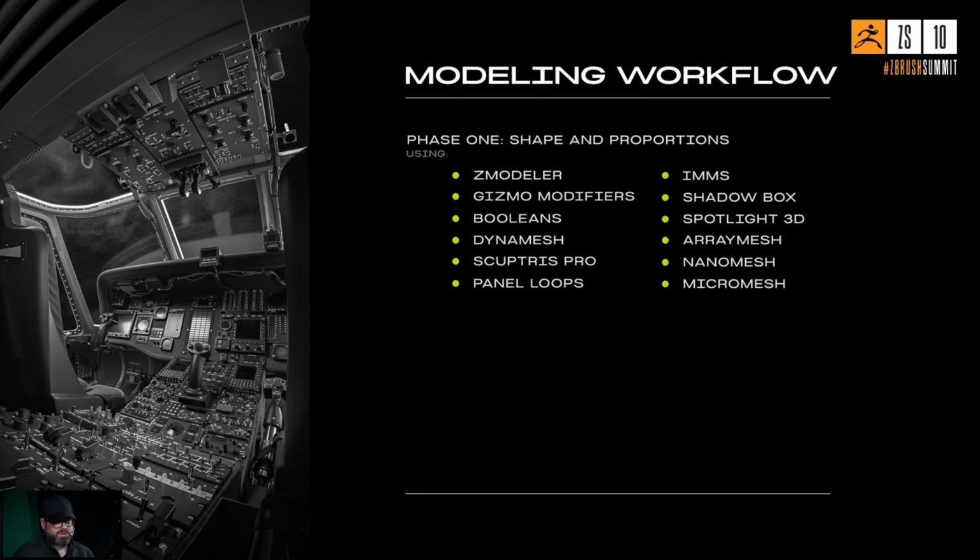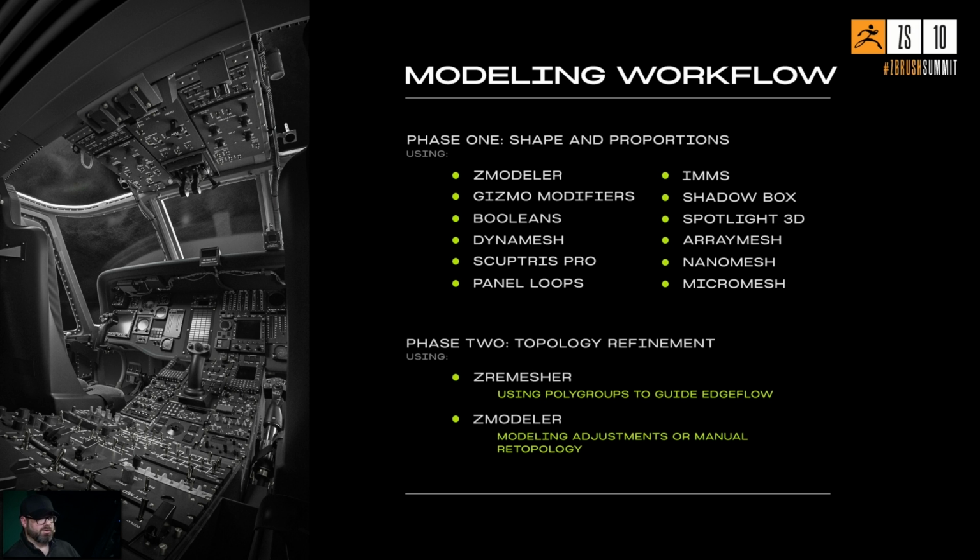So I kind of break it down into two phases when I'm approaching a model. The first phase, I just want to tackle the shape and proportions, and I don't care about topology at this point, and I'll use anything ZBrush has to offer to get that task done. And then after I get the right shape and proportions done, I'll go to phase two,